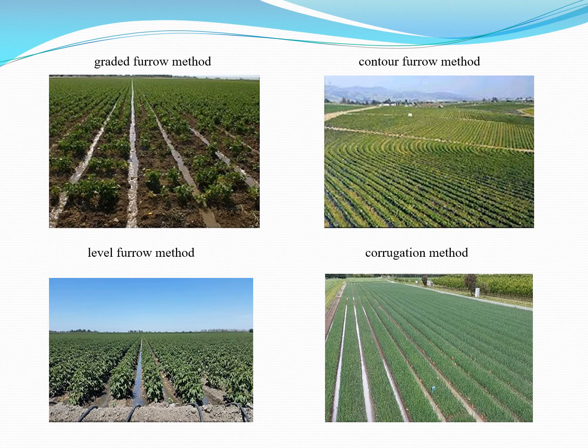level furrow method. These are small irrigation channels with blocked ends laid out with little or no grade. The water is applied using a large stream until the furrow capacity is filled. Level furrows are best suited for crops grown in rows on beds between furrows, as well as for all climate areas. See this figure, level furrow method. This method is suitable for crops growing in rows on beds.